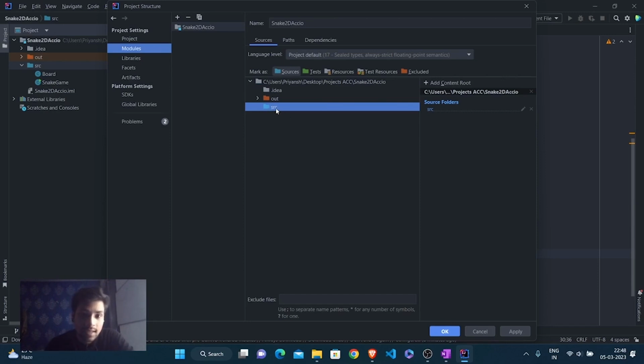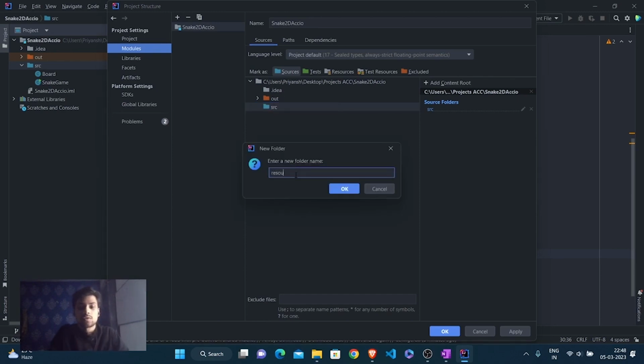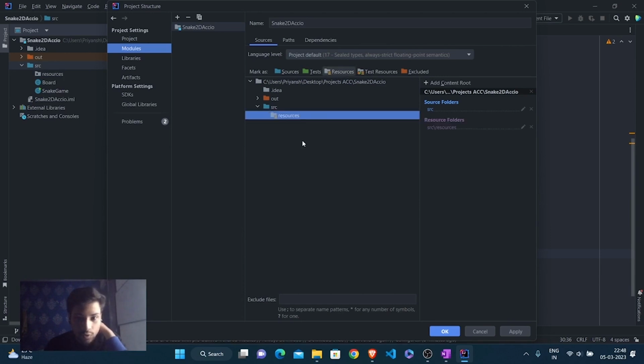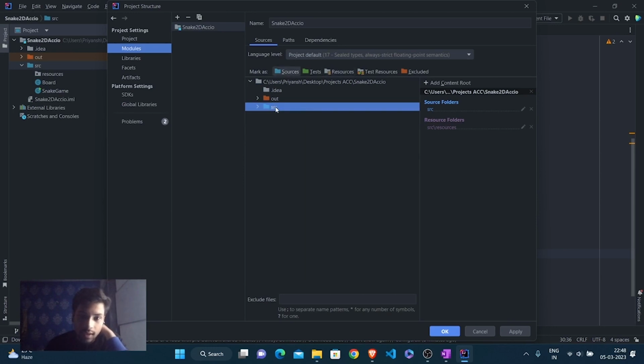But inside the src folder, we need to create a new directory. Here we click New Directory and let's call it resources. When I click OK, a new directory gets created. Now this particular resources folder should be marked as a resources folder. It should not be a sources folder, but a resources folder. And this src folder must be a sources folder because